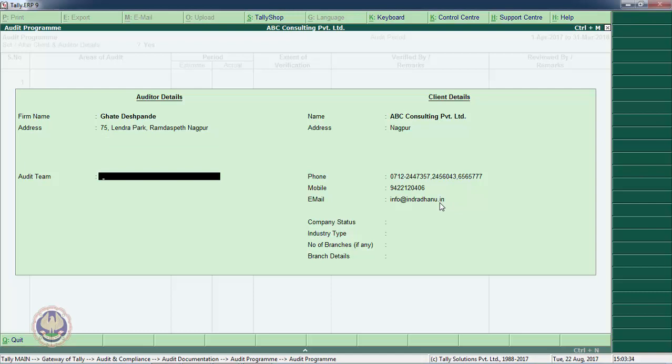Audit team. I can write the name of my team members. Client name.